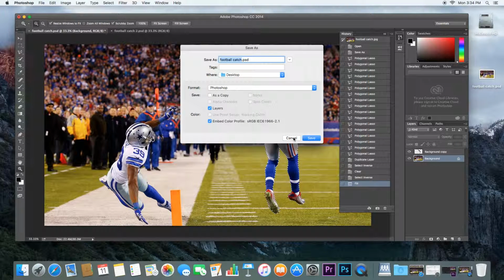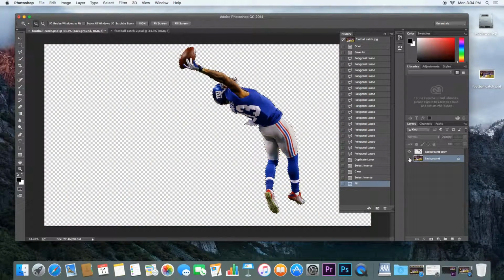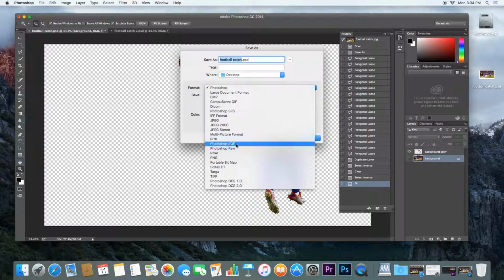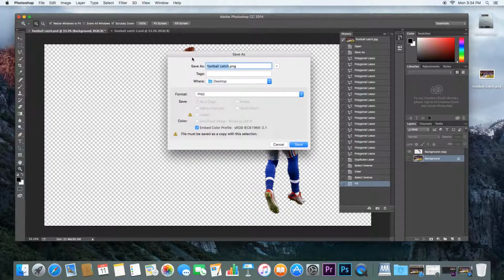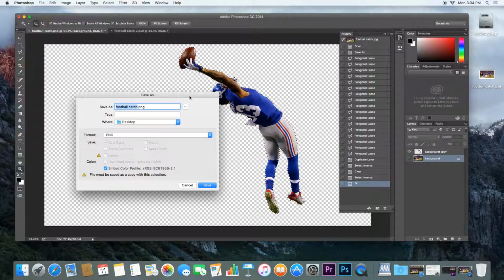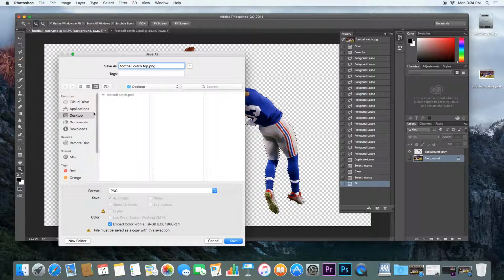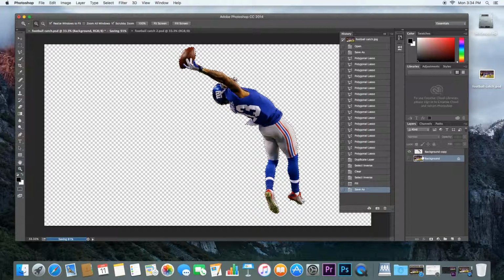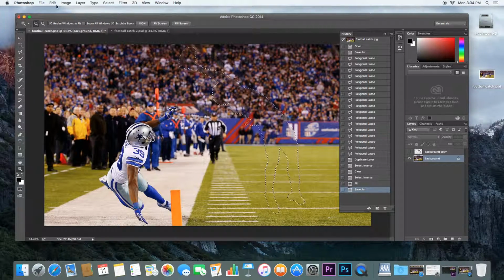as two parts. Okay, so I'll just hide the background and I'll save this as a PNG. Now PNGs have transparent layers, so I can put this over top of another image. Okay, so I'll call this football catch top because it's the top layer, and I'll just put that into my folder. So I'll go into my pan and scan folder, save that, and then I'll go and make my background layer visible and I'll save that,